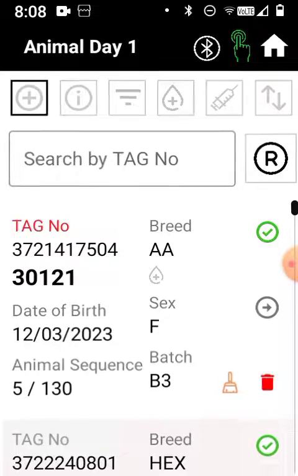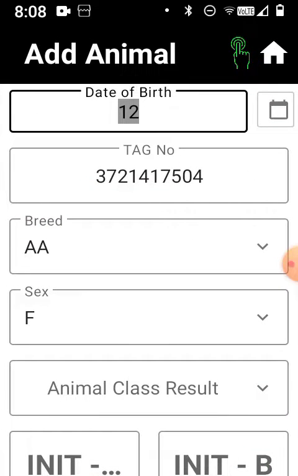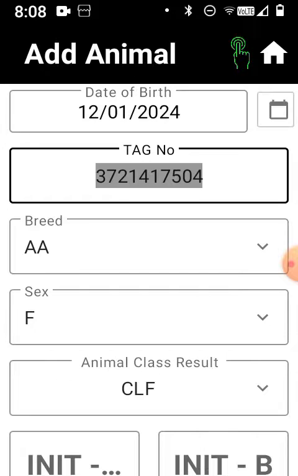I'm now going to add another animal, and it will save the previous date of birth. If you want to overwrite that, you can. It's 2 months. You can keep that, and